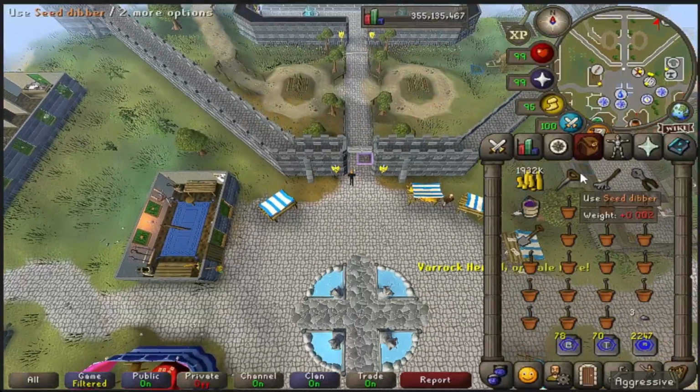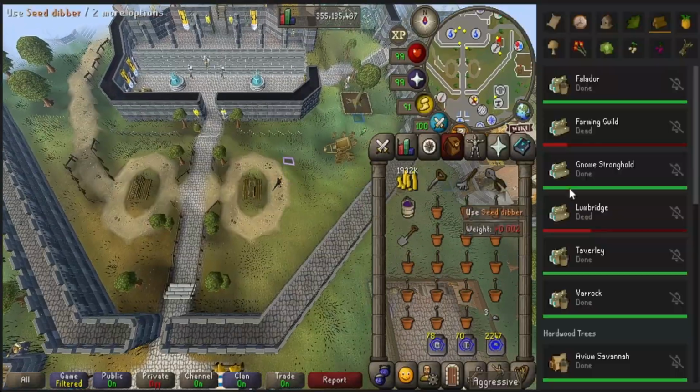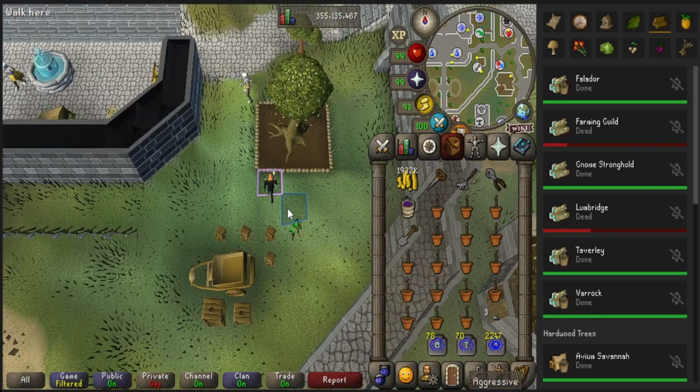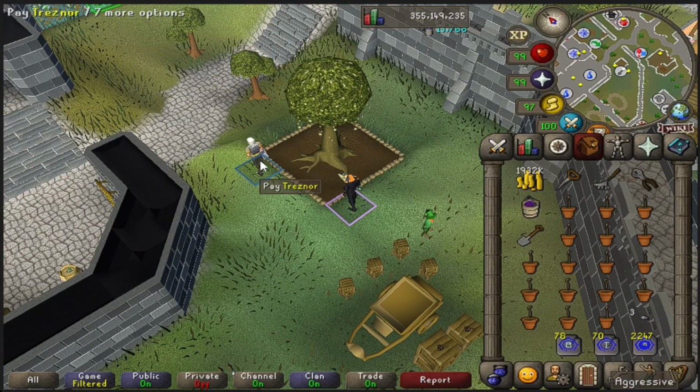Eventually you're going to memorize the locations, so you could just have your time tracker up, and when you see a location like, for example, Varrock, you'll just remember where to go. You go a little bit north and a little bit east. So now what you do is you check the health, and then you pay this dude to chop